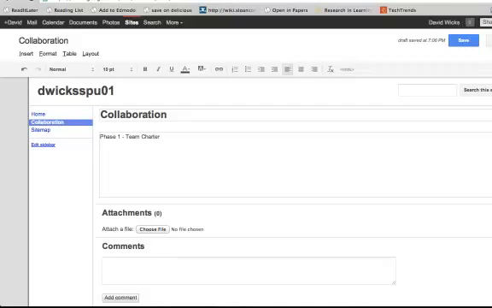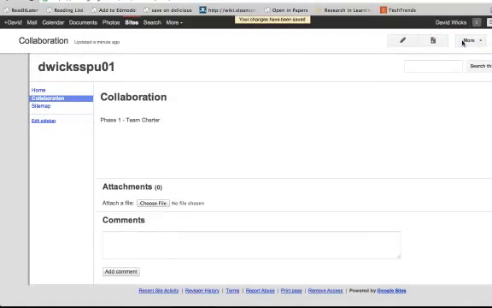Somebody will come up with something a lot better than this in the class. So then from here, remember I'm trying to get those individual pages. So I'm going to say save, so that I save my collaboration page. And now, while I have my collaboration page selected,